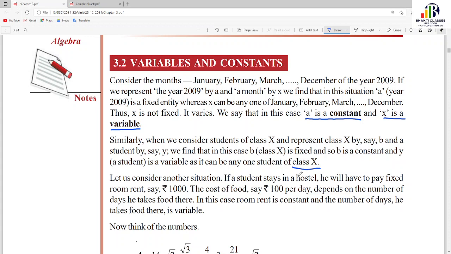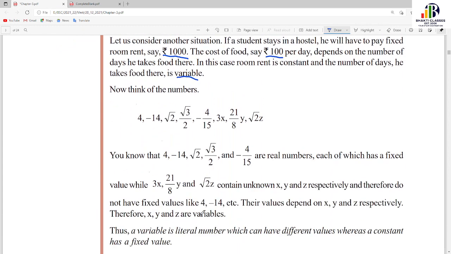Let us consider another situation. If a student stays in a hostel, he will have to pay a fixed room rent, say rupees 1000. The cost of food is say rupees 100 per day, depending on the number of days he takes food there. In this case, room rent is constant and the number of days he takes food there is variable. So that we can understand the constant and variable in this given example,